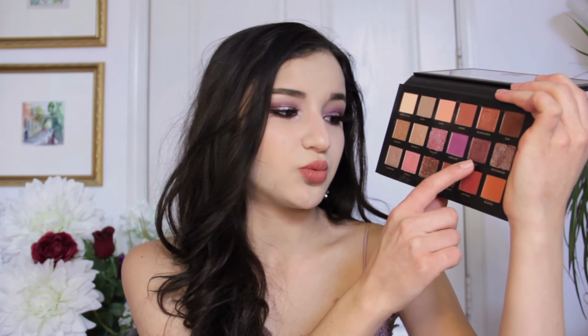I think she did such an amazing job with laying out the colors in here, just creating a really beautiful, cohesive color story. I'm actually wearing some of the purples on my eyes today, so Amethyst, Royal, and Twilight are all on my eyes. I did do this look with the Morphe Jekyll and Hill palette and the shades I mentioned in that one. This palette is extremely expensive. It is $65 for 18 shades, so pretty pricey, but I do think it's worth it just because the shades